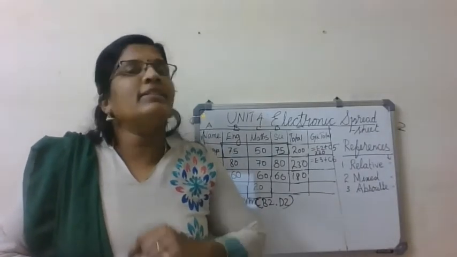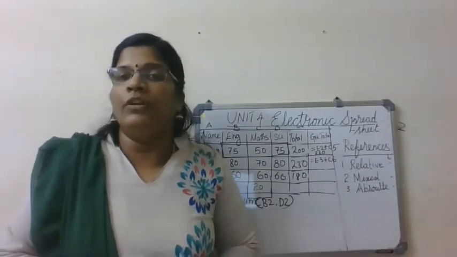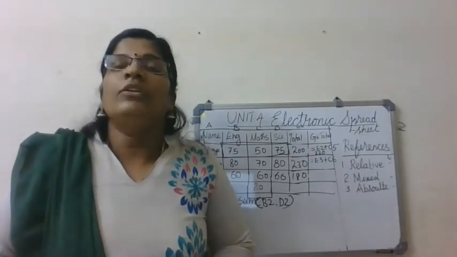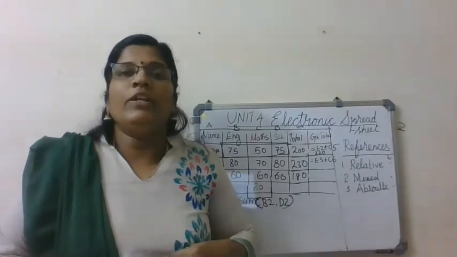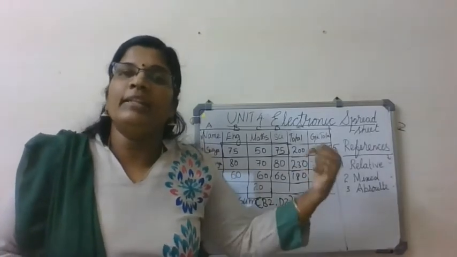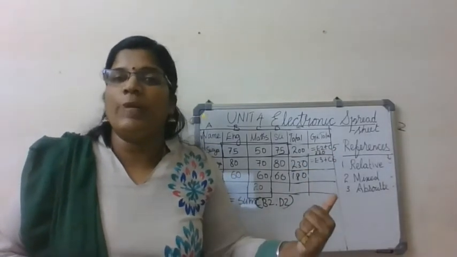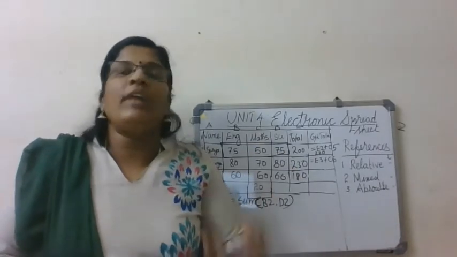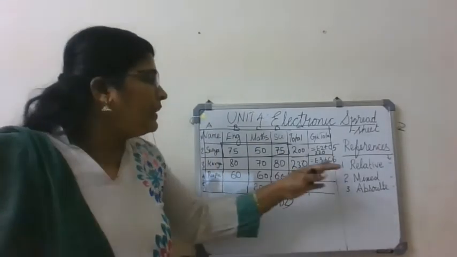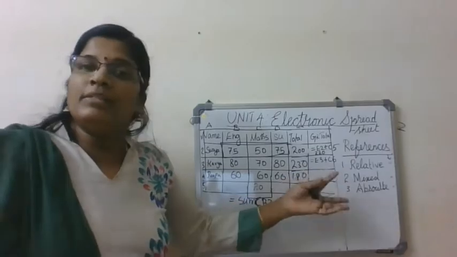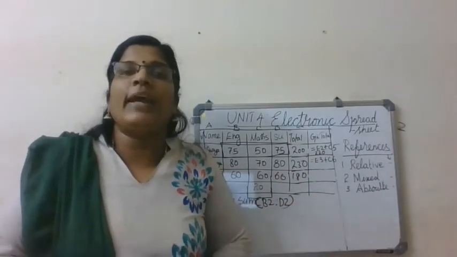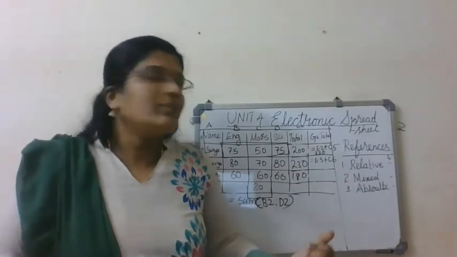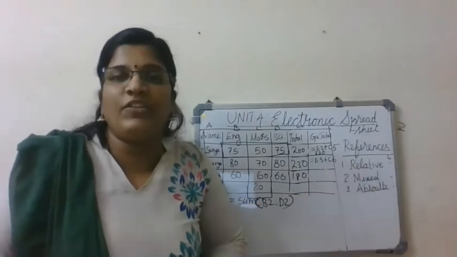So in this case, relative reference is not useful. When you go vertically, you can see that the cell addresses are getting changed. So the remaining cells don't have any value. So you will get the total mark plus 0, total mark plus 0 for the remaining students. So that is not a right way of doing. So in this case, we have to use a mixed reference.